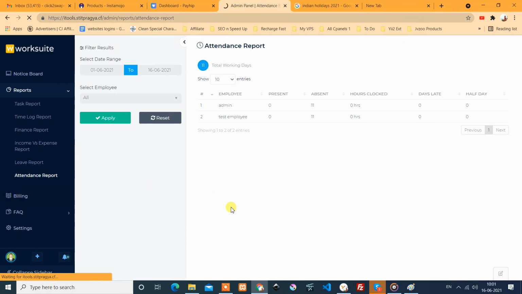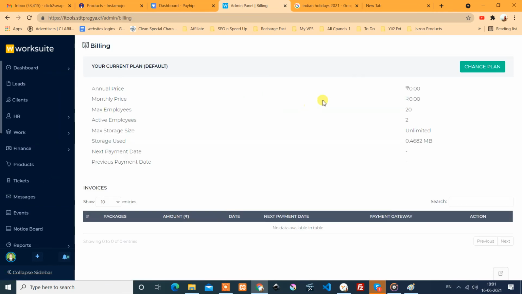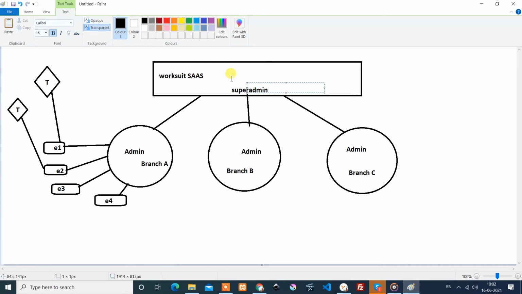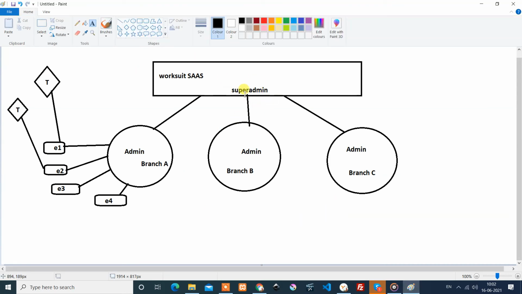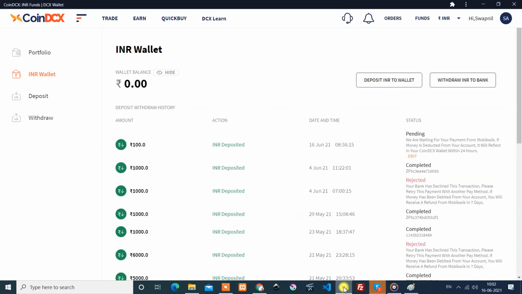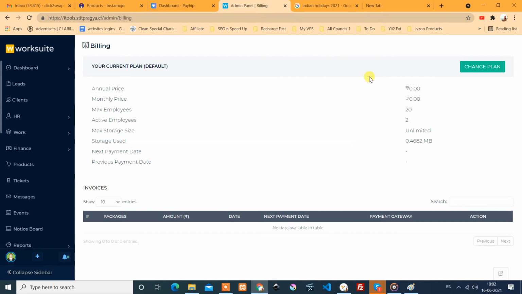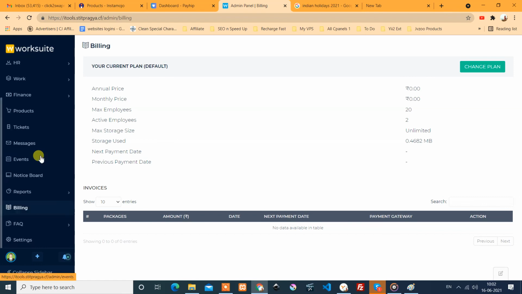Then next is billing. This is not related to us because we are not using it. The billing model is just the plans provided by the super admin to these companies. But this is totally under one company, so there is no need to worry about this billing process.